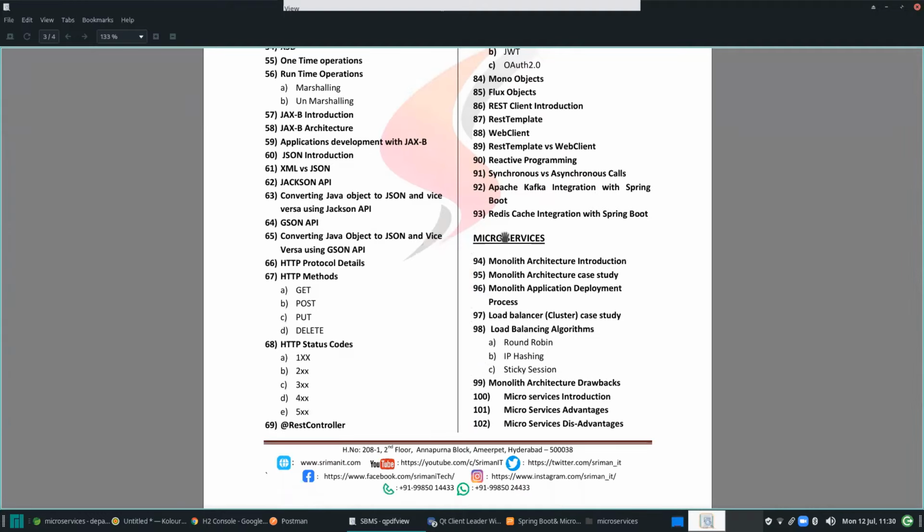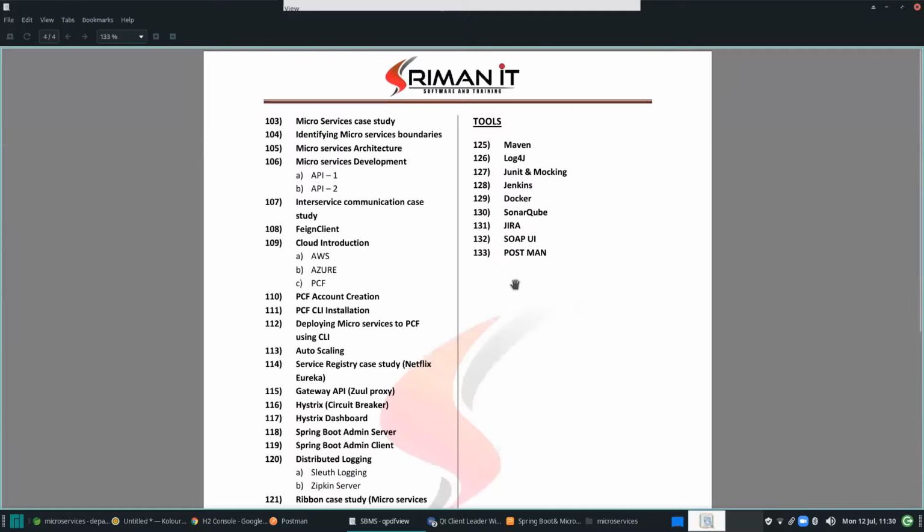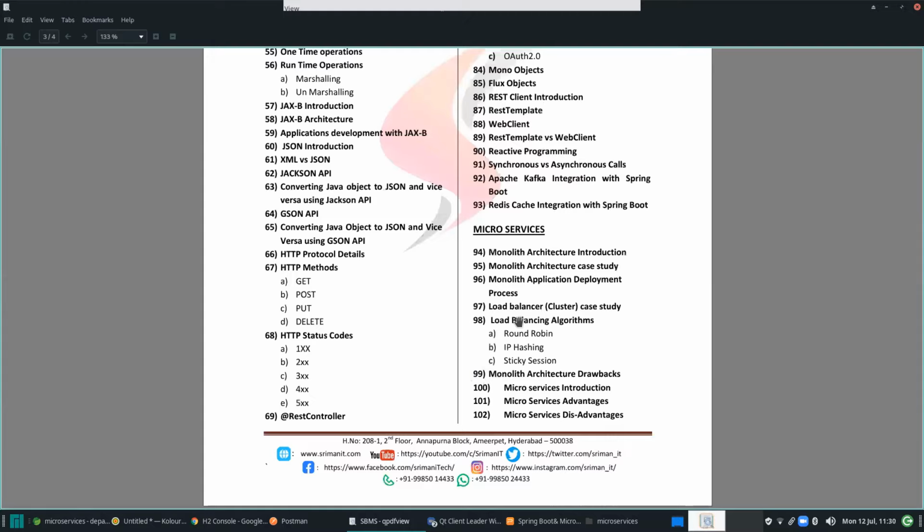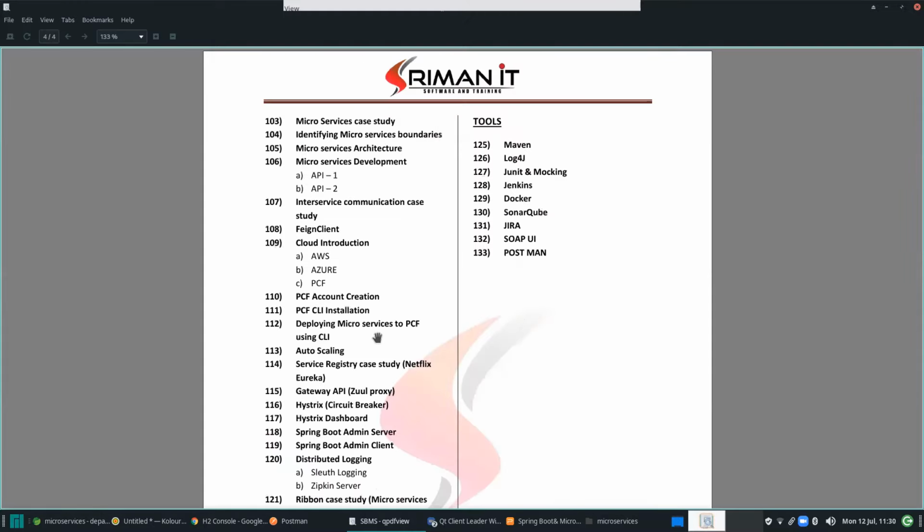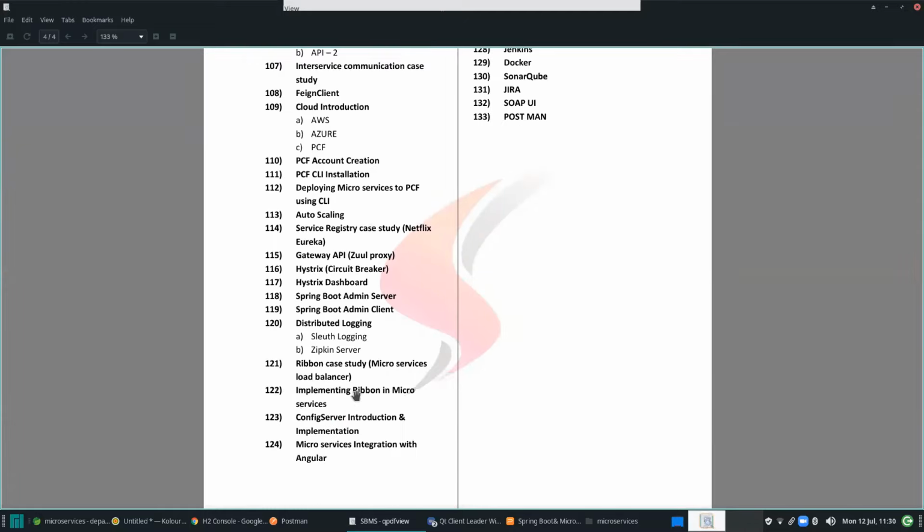In microservices, we cover all the stuff related to microservices, the monolithic applications, load balancers, Hystrix, the gateways, the cloud config server. All this stuff we can see in microservices.